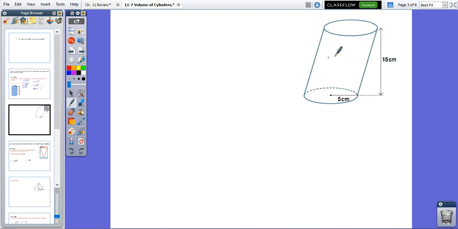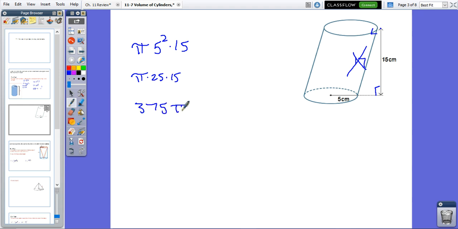On this particular problem, as you can see, this is a slanted cylinder. But again, we're looking at the perpendicular distance between the two bases. So let's say they had a number right here. We wouldn't care about this number because the side doesn't matter. It's the perpendicular distance. That's the true height here. So when doing this formula, we would do pi times 5 squared times 15. You square your 5, you get pi times 25 times 15. We multiply those two, 25 and 15, and you get